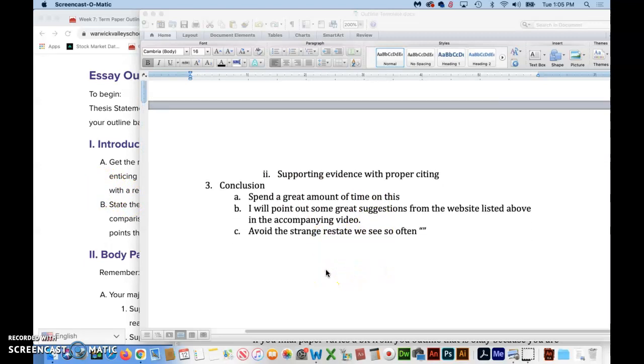One thing you really want to avoid is this strange thing that we professors have been discussing amongst ourselves. Sometimes we'll read a great paper from a student and then they will make a conclusion that says, "So in conclusion, designer A and designer B both made a lasting impact on graphic design." Now think about that. That's not what your paper was about, the fact that they made a lasting impact on graphic design, right? So that defies logic. So let's look at what this website has to say.